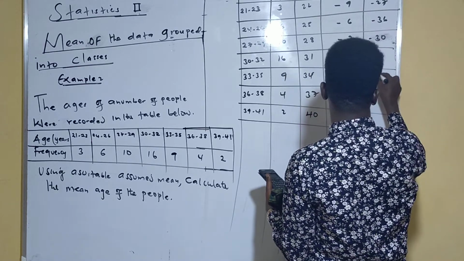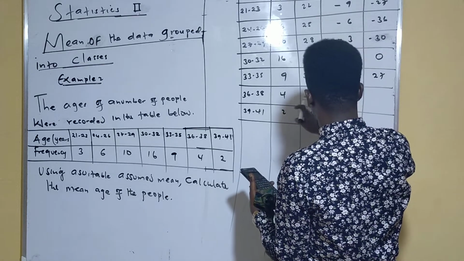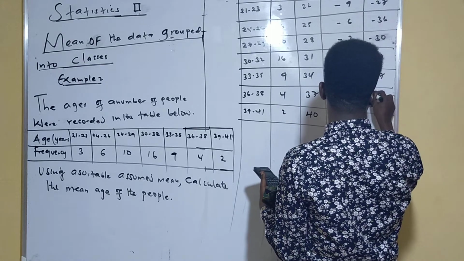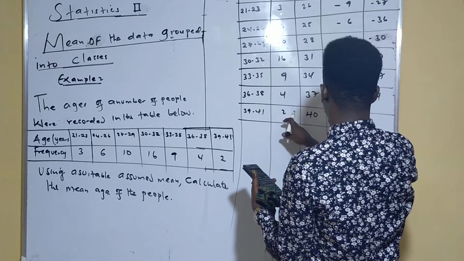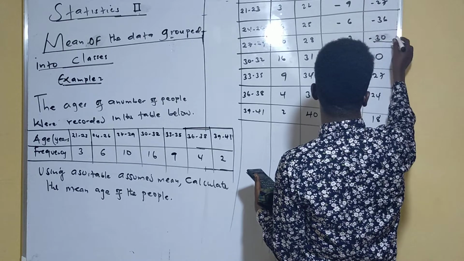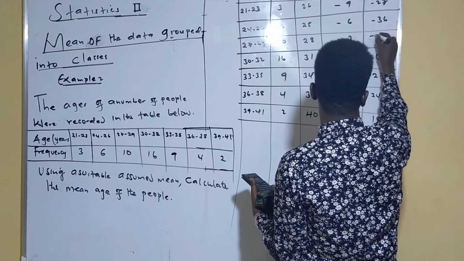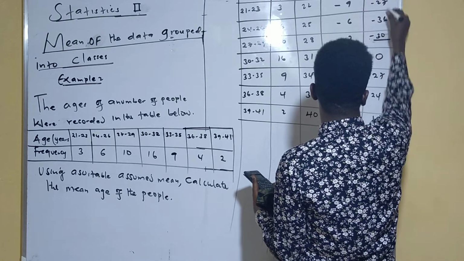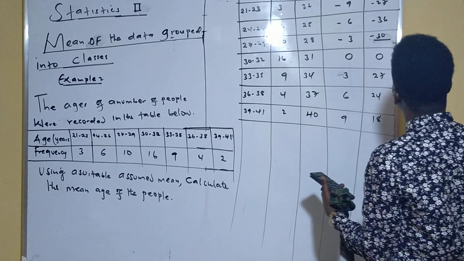9 times this one is what? 27. So 4 times this one, 24. Then we'll have this times this is what? Is 18. When you sum the negative ones, these ones, when you sum them, it will be how much? That would be